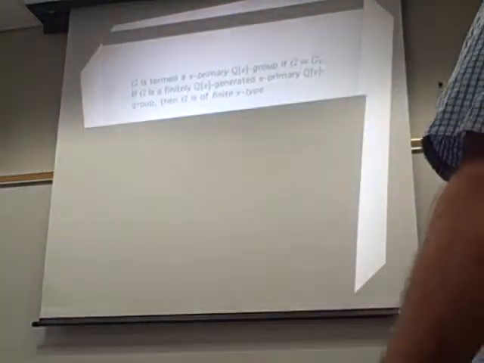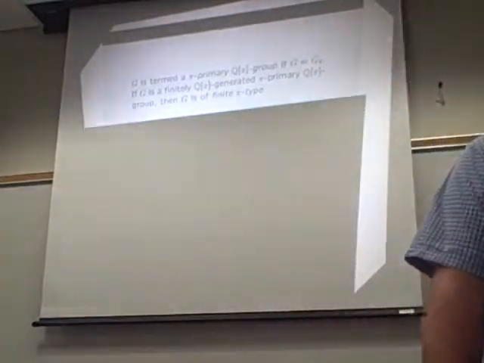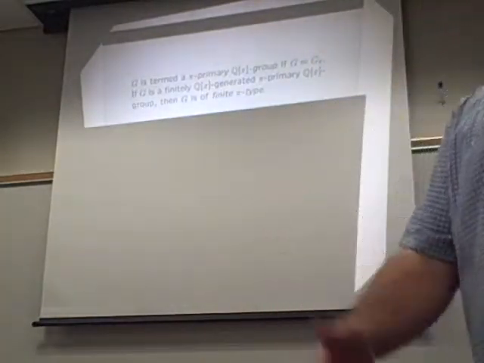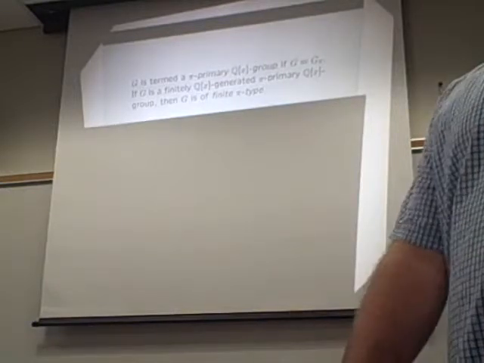Now, along the same lines, G is termed a pi-primary group if every element in that group is a torsion element of some power of pi. And if G is finitely generated Q[x] and pi-primary, we say it's of finite pi type. Okay? So my thought along these lines was, we have this notion of a finite p-group, now we'll have a finite pi-group. As you know, finite p-groups are special because they're nilpotent. And not only that, there are some residual properties one knows about them. So anyway, we'll lead to that.